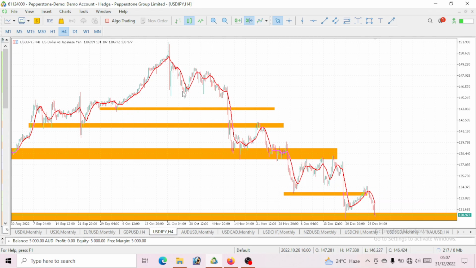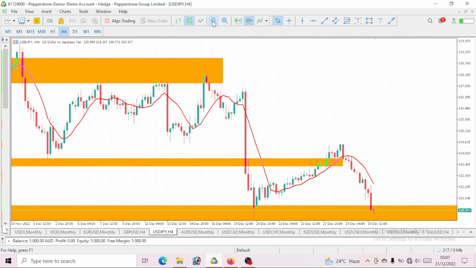But if it is trading below the 10 period moving average and it is giving lower lows and lower highs, then we can go ahead and sell. So this is the movement of the 4-hour time frame, the lower lows and the lower highs. Can you see this price is giving us a downtrend movement? We can also see it trading below our 10 period moving average.